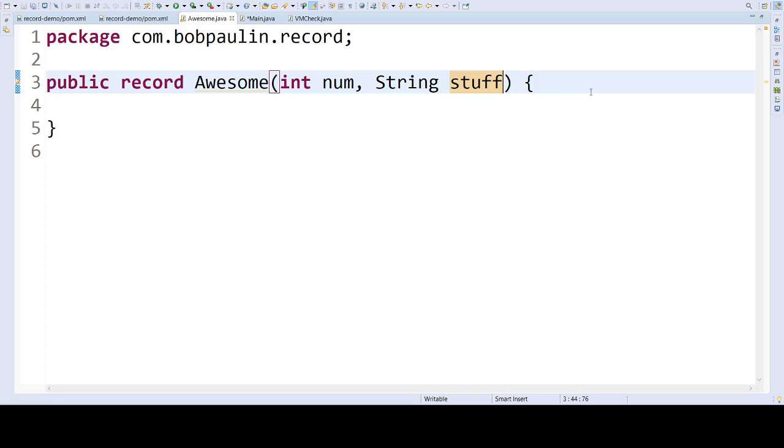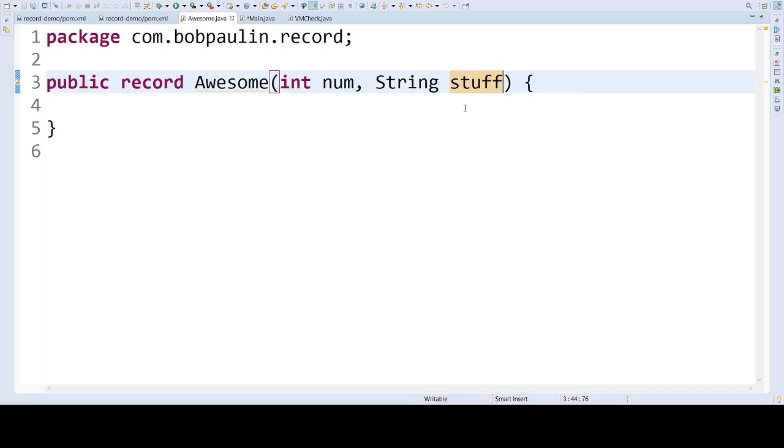After that, I have a curly brace and then a closed curly brace. So right now my record doesn't have any methods in there. That may look very open and empty, but because the record type is going to do some things for me, I may not need to put anything in there.